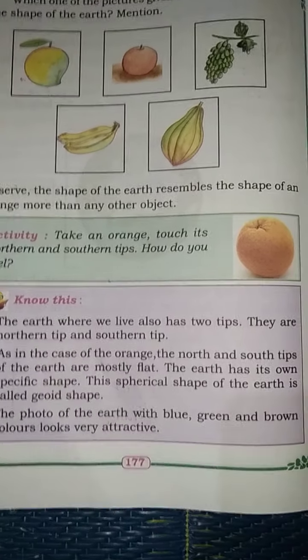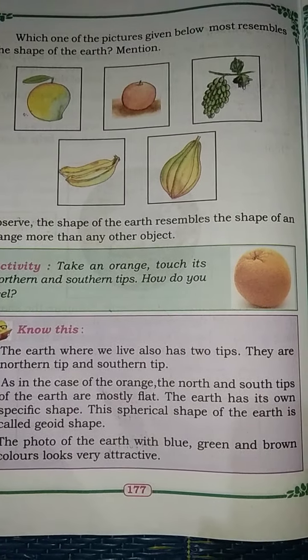Next we are going to discuss the globe. This picture is a globe. Observe the picture. It is a small model of the earth, so it is called a globe. What is meant by globe? The small model of the earth is called a globe. I think it is very clear. Suppose we ask the question, define globe, then you should answer: the small model of the earth is called a globe.